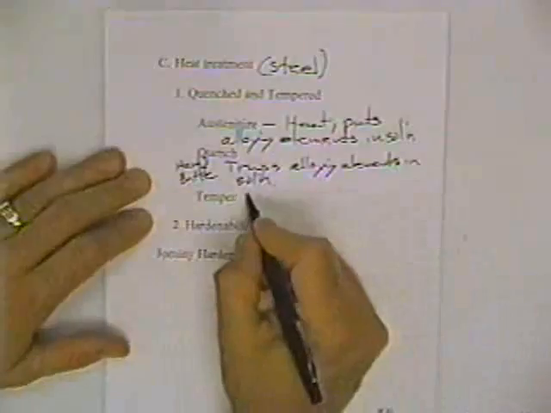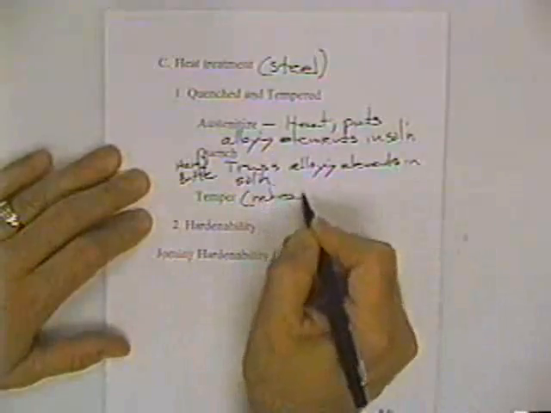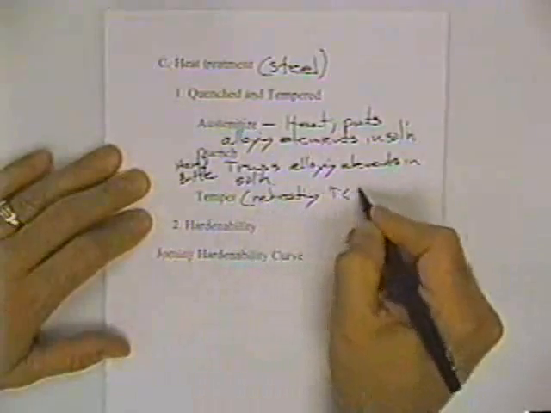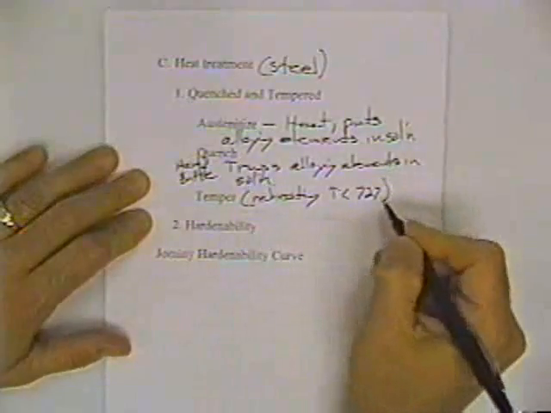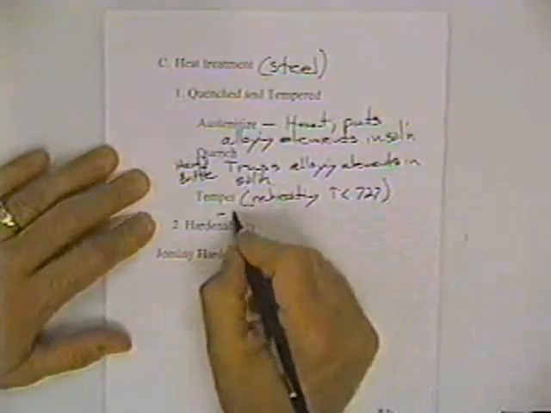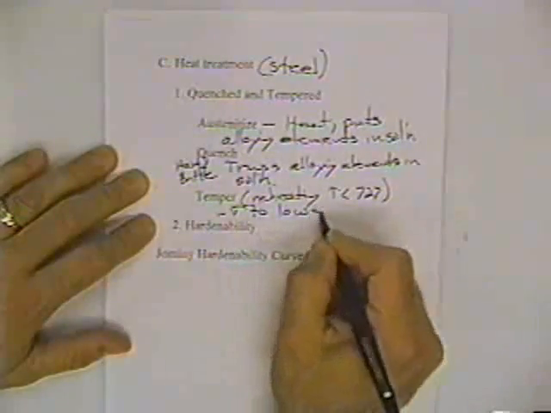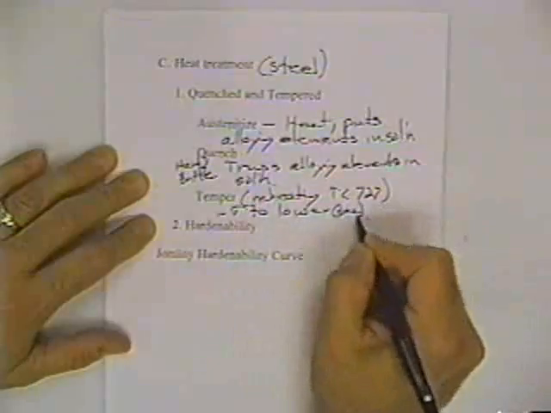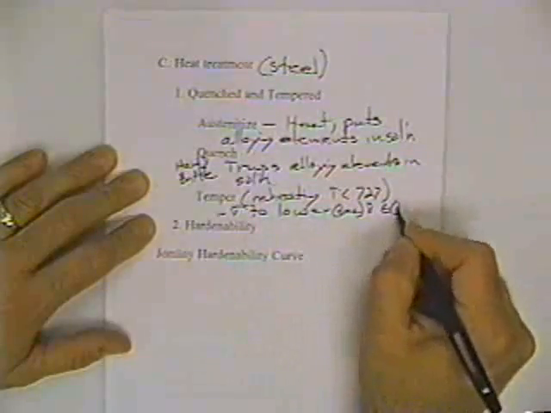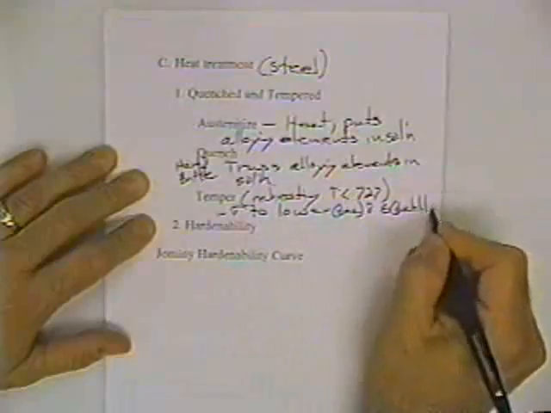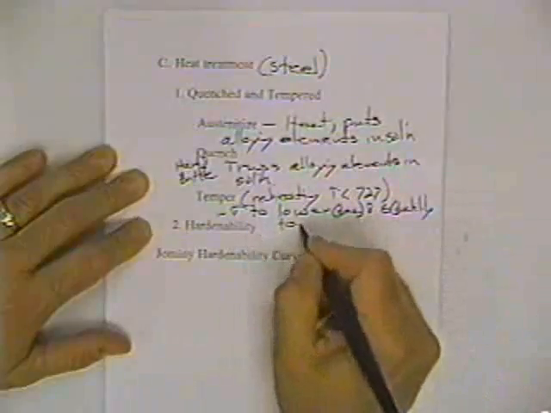And then tempering involves a reheating to a temperature less than 727, and now tempering causes the strength to lower or decrease and ductility to increase. So it's possible by a heat treatment to make materials change the microstructure so you can strengthen it by